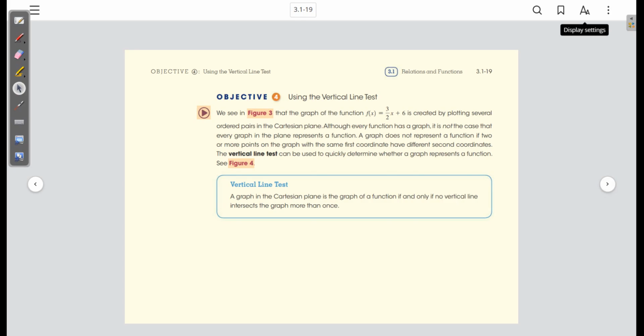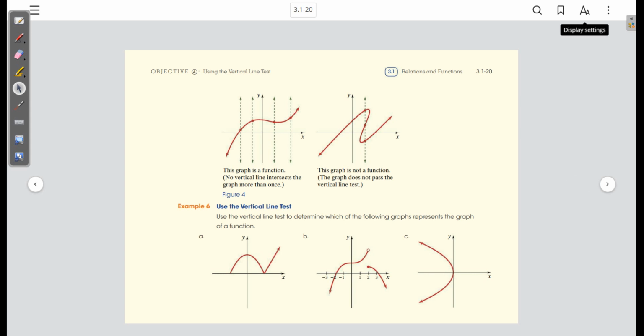is so much easier because all we do is look at this vertical line test, okay? And I feel like the vertical line test is just one of those things that, doesn't matter how long you have been out of school, you just kind of remember it. And if you don't, sorry to offend you. But the vertical line test: a graph on the Cartesian plane is the graph of a function, okay? If and only if no vertical line intersects the graph more than once. So if I can throw out a vertical line,